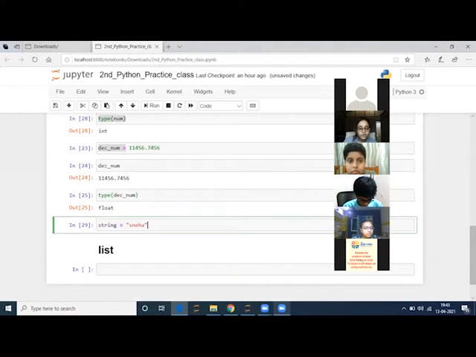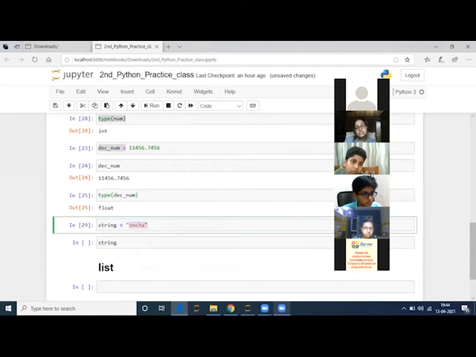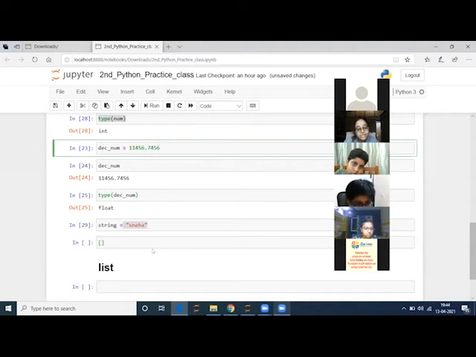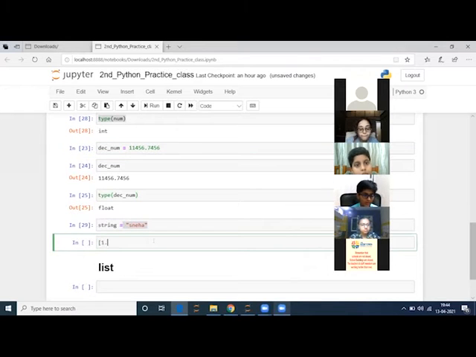So let's check the same thing. We will print the string. Ma'am, but what is a string? A string is a word, a character or a sentence. For example, you know these are integers: 1, 2, 3, 4, 5, 6, 7, 8, 9, 10. These are my integers. Do you understand that? It keeps going on to any number.